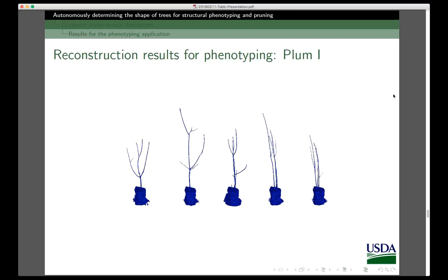Here's some results for the phenotyping application. These are transgenic plum in pots, and the final voxel size on these is 2.5 millimeters. You can see on the right are the pillar or the PTAC trees, and you can see that they're more upright, and the method was able to generally capture the structure, though